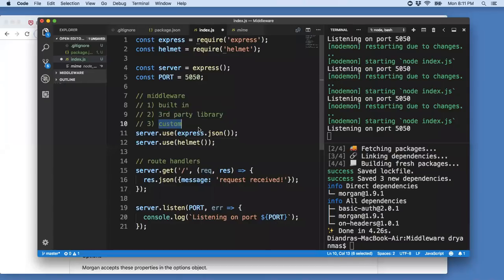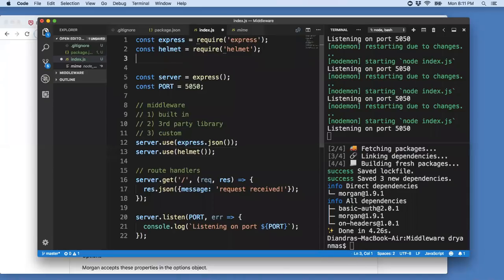These two that we're messing with right now are third-party libraries. So a custom one, you wouldn't have to add anything. You wouldn't have to require anything. You could require a different file in your file structure, but a custom one, we will build from scratch. So right now we're dealing with third-party libraries. They're not built into Express, but they're already written for us. So all we have to do is,